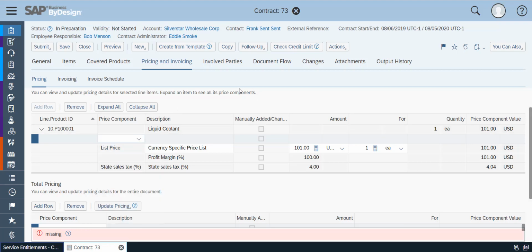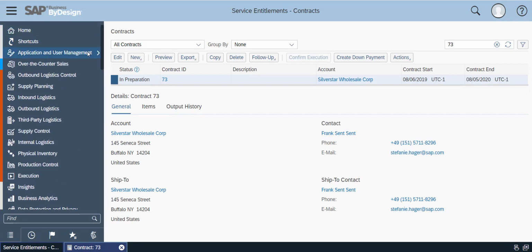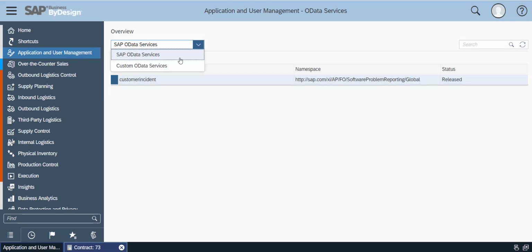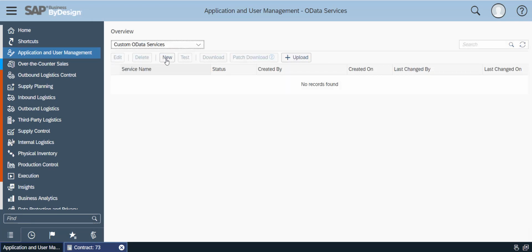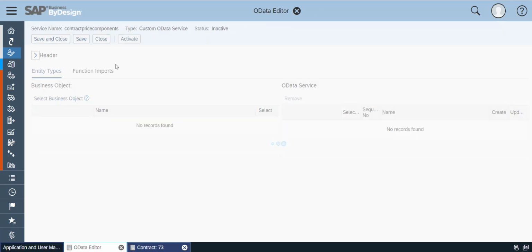To enable the create, read, update, delete of price components using OData services, the user has to first create a custom OData service. That can be done by navigating to the Application and User Management work center, OData Services, go to Custom OData Services, and create a new OData service. Here we would enter the custom name of the OData service, click on Save and Open, which saves the custom